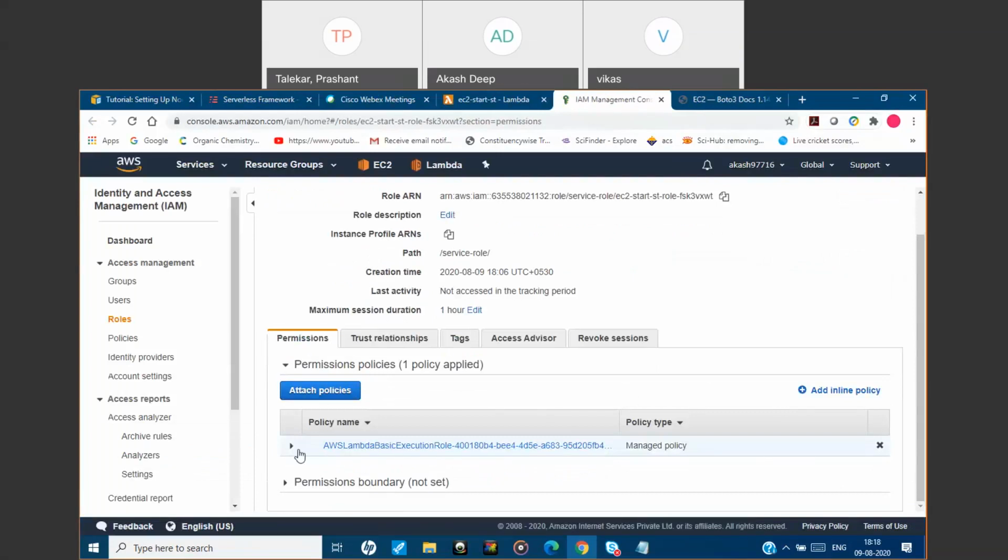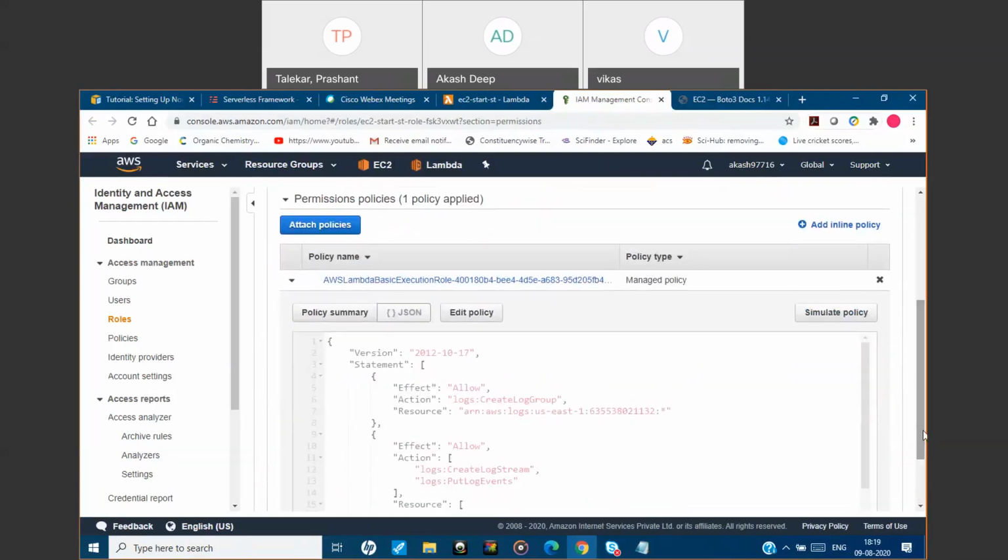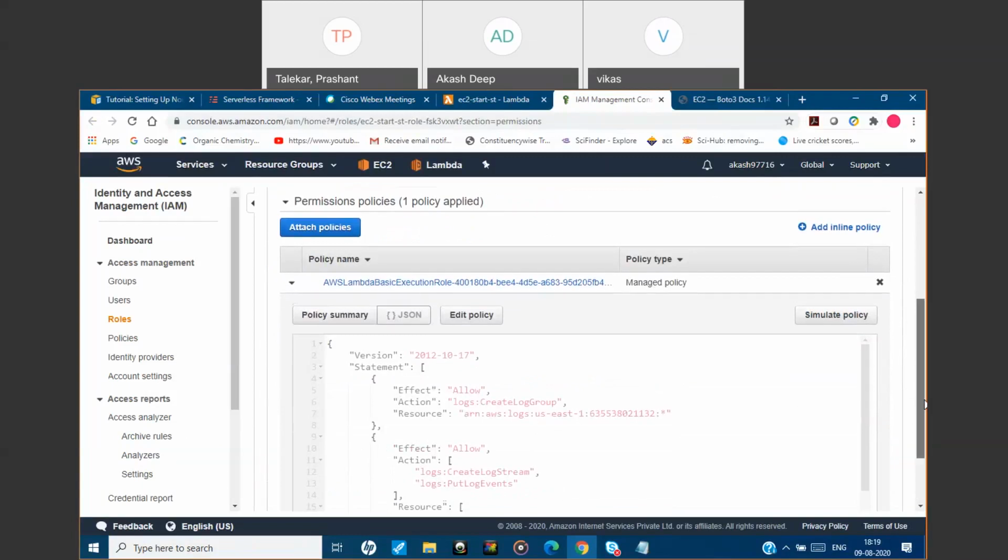Whenever you create your lambda, CloudWatch is created automatically in the background, because all the logging activities of the Lambda will be done on CloudWatch. So this is the policy for CloudWatch for logging purposes. If you see here, this is the CloudWatch role policy that has been assigned to that Lambda function, but